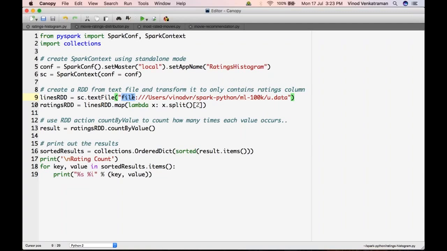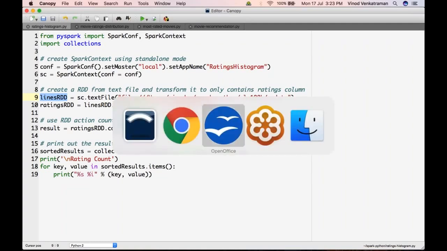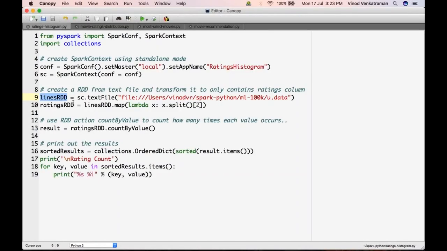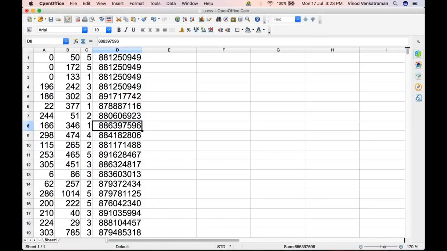You can also connect to relational databases. You can connect to various things, but finally, what you get is an RDD. So what I've done is I've taken this file, which is u.data, and I have pointed Spark to it and asked it to create an RDD. An RDD is like a distributed data set, which essentially is like an iterative interface. You can pass functions to it, ask it to manipulate the data, and extract the results. So once we have this lines RDD,